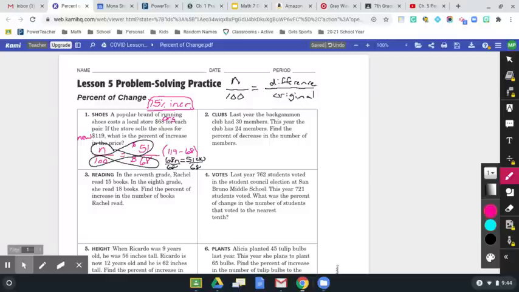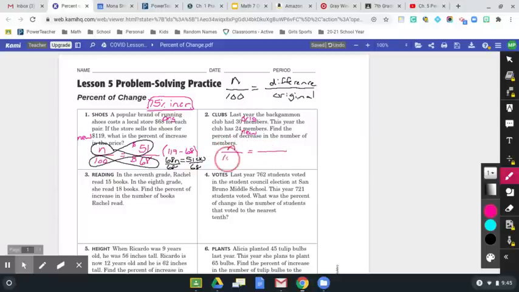Number 2. Last year, the Backgammon Club had 30 members. This year, the club has 24 members. Find the percent of decrease in the number of members. Again, it's telling you it's decreasing, and it's right. It's going from 30 to 24. So this 30 is your original amount of members, and this 24 is the new amount. It changed over the last year, so they've decreased in the amount of members. So setting this one up,